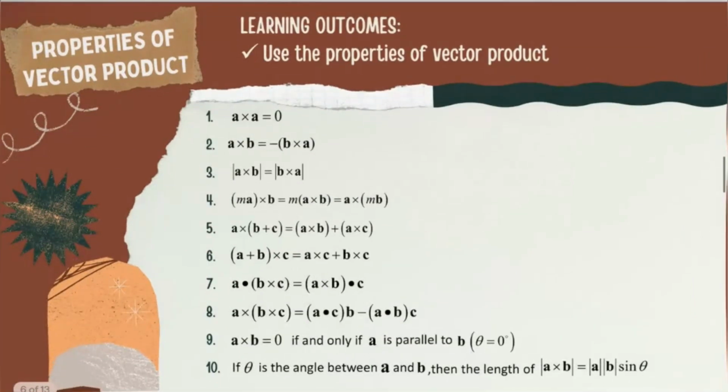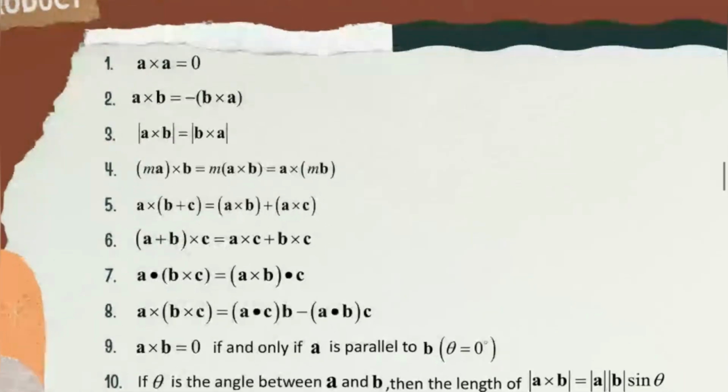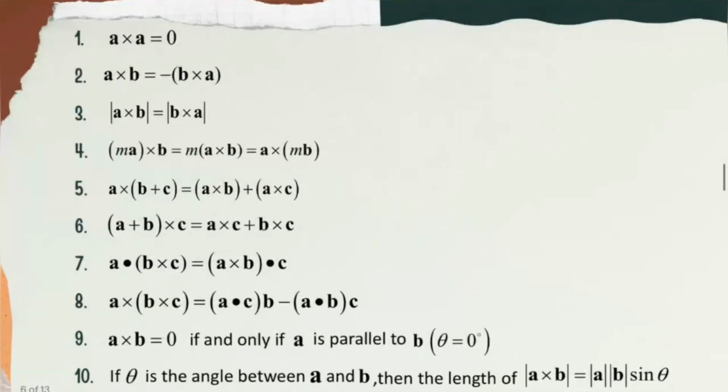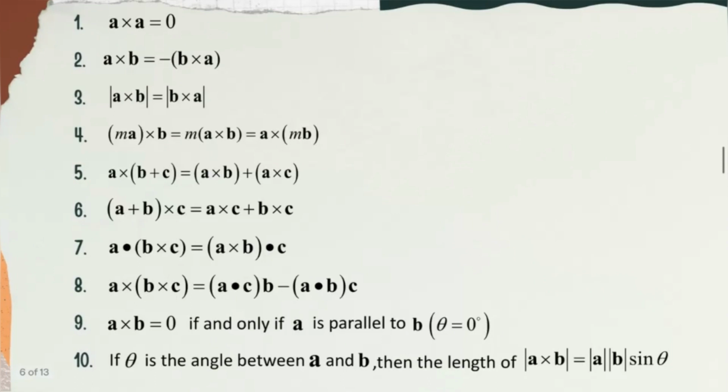Okay, so properties of vector product, okay, dia ada sedikit berbeza dengan dot product. Okay, so kita zoom in all the properties. Okay, macam hari tu saya akan tunjuk satu-satu lah. Okay, so kenapa A cross A is equals to 0. Okay, proving dia sama macam hari tu. Okay, reason dia adalah apabila A cross dengan A, formula dia apa? Magnitude of A